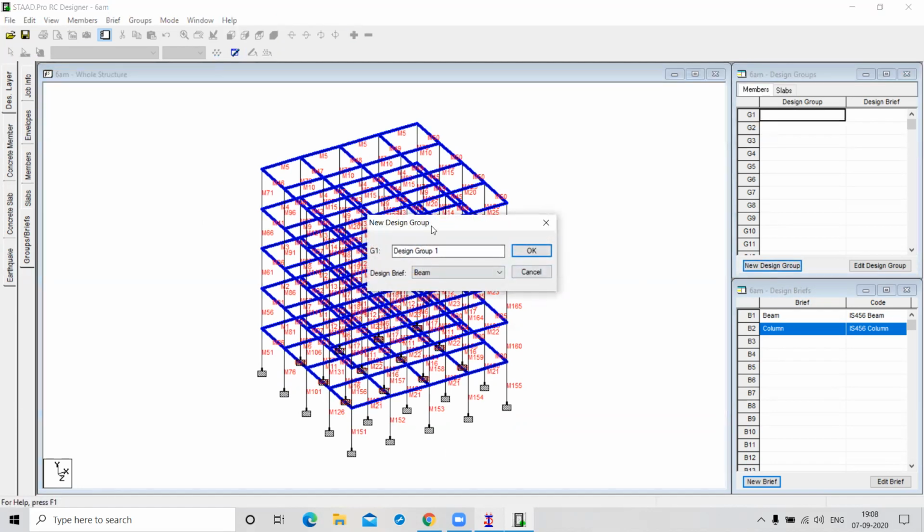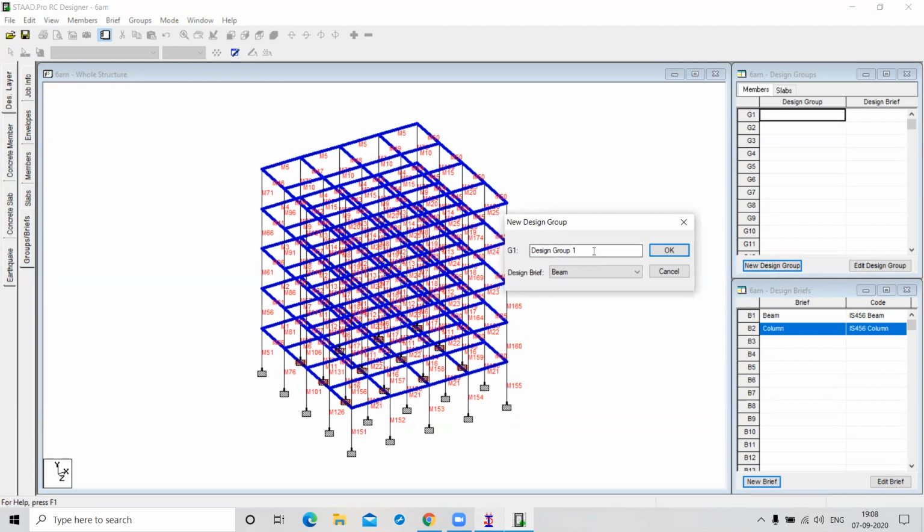This is your design group 1, named Design Group Beam. These beams are designed according to the beam brief. Click on OK.